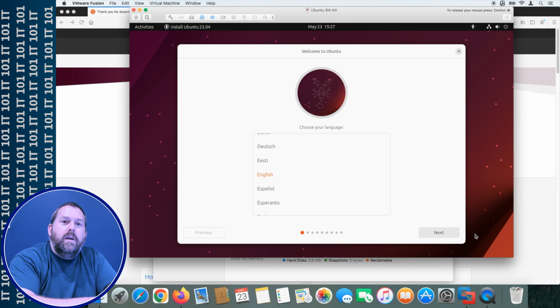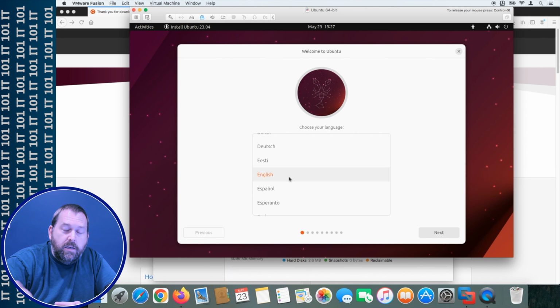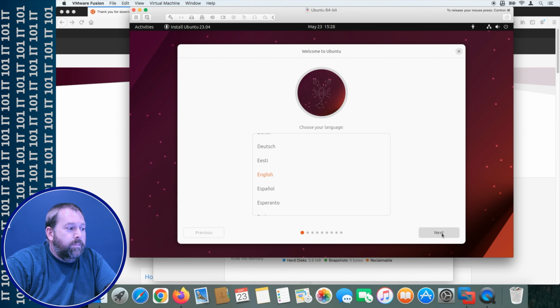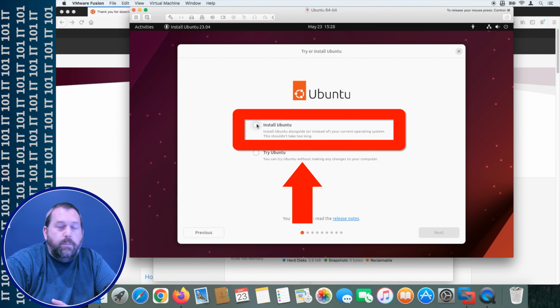Okay, so here it wants you to select your language. Now, obviously, you would pick your language. I'm going to go ahead and keep it on English, but you can choose anything else if you happen to be watching in a different country, or if you speak a different language, you can go ahead and select that different language. So I'm going to choose English, click Next, and then I'm going to install Ubuntu